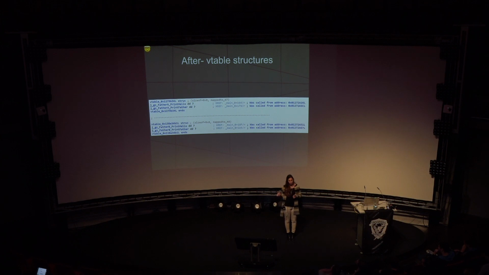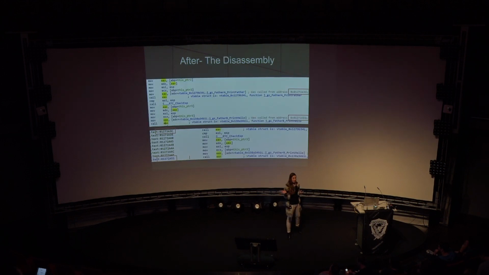In this case, this is the code from before that we've seen with father A and father B. Also, you can see there are comments that every function was called from an address. And this is the disassembly after the tool was run. You see that there are comments inside the assembly and also